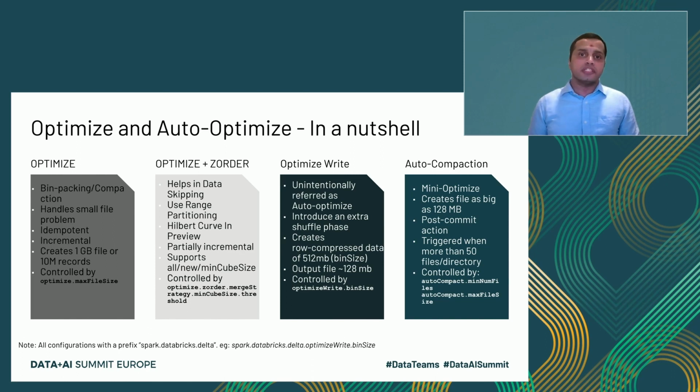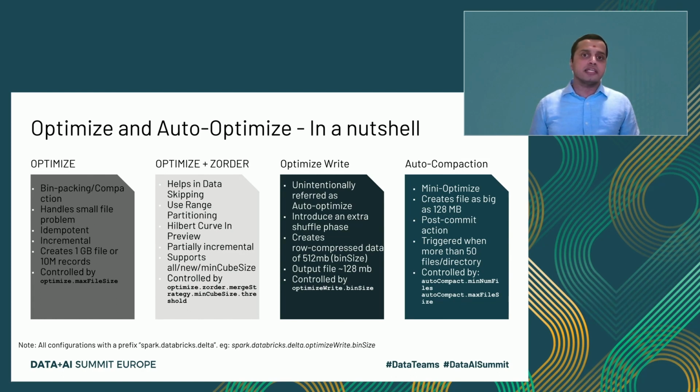This operation is idempotent, which means if you run the optimize query twice on a Delta table, the second run would not have any effect. So assume that you have around 10.5 gig of data in your Delta table. When you run an optimize query, we are going to create 10 1 gig files, and one file will be around 512 MB. These 10 files which are already optimized would not participate in any further optimize operation.